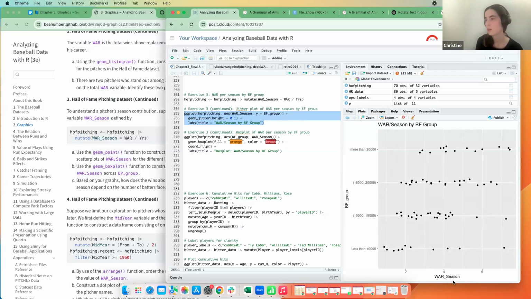And then batters faced increases. Batters faced, that's the total over their career. Is that correct? Yeah, I believe so. So they've seen a lot of batters, and then